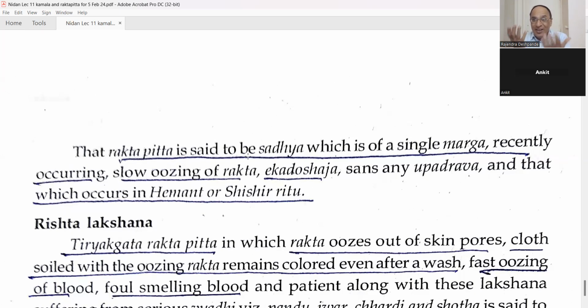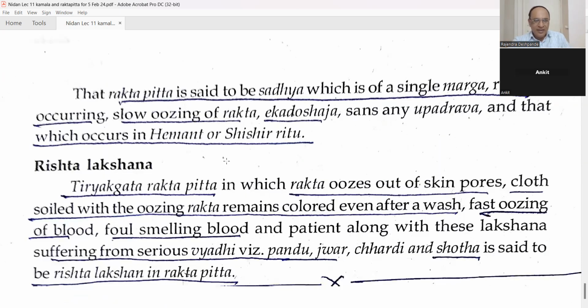But if the bleeding is taking place in the summer season, hot, Grishma Rutu, it is very difficult, very difficult. Samanya Vishesh Siddhant: because Pitta dosha will be more Prakupita in Grishma Rutu. In Shishira and Hemanta Rutu, Pitta dosha can be controlled by nature, and easy, simple treatment will get it cured.